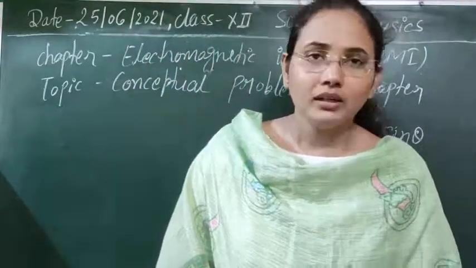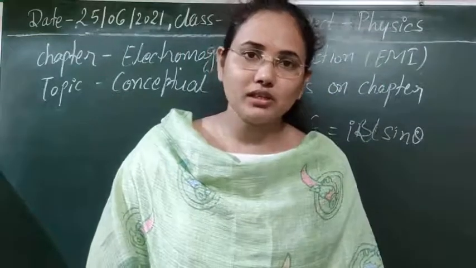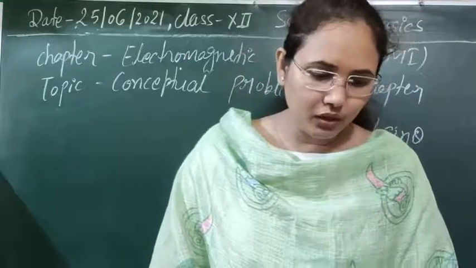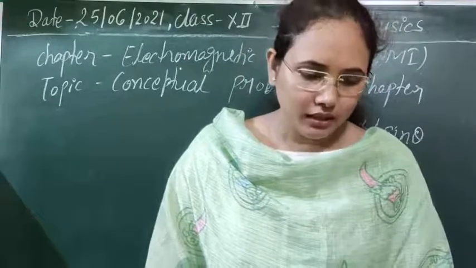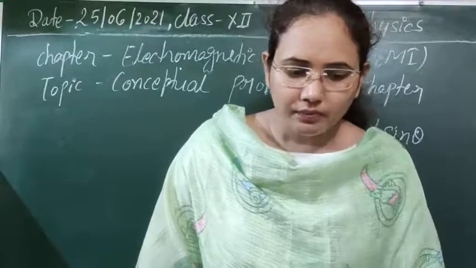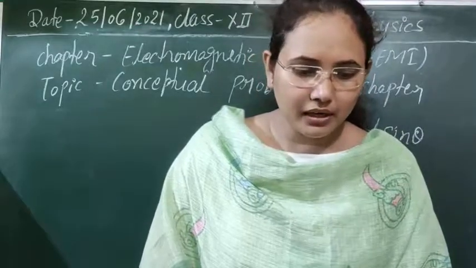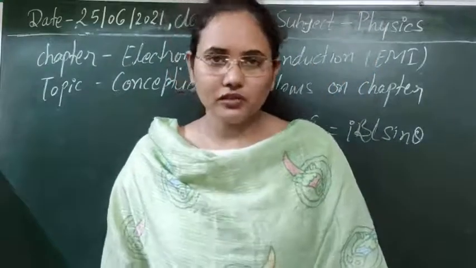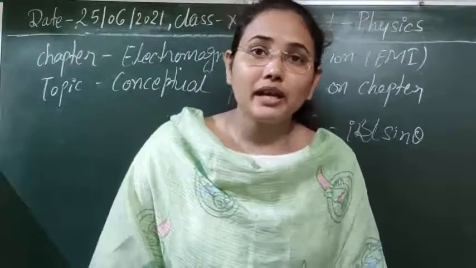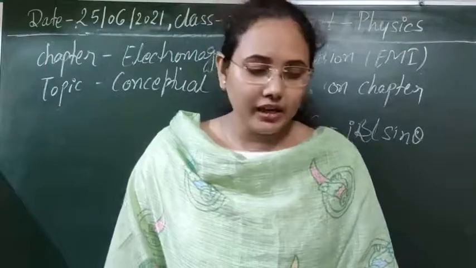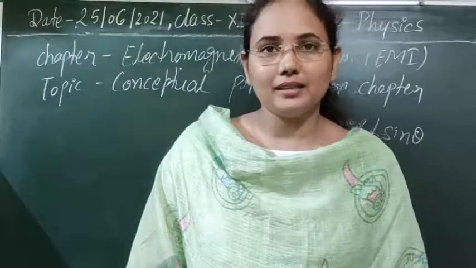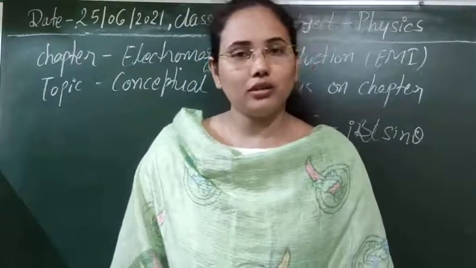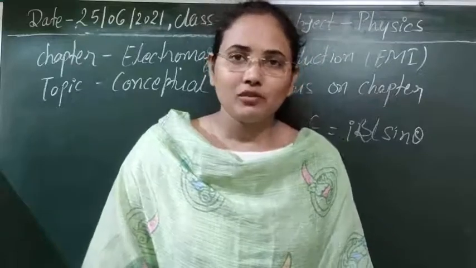Next question we have, just listen to this question clearly first. The question is that a train is moving with uniform speed from north to south. Then the first question we have is: will any induced EMF appear across the ends of its axle? Let's just discuss the first question, later I will tell you the second question. It is asking that when a train is moving from north to south direction, whether it will experience some kind of induced EMF or not, whether there will be production of induced EMF or not.